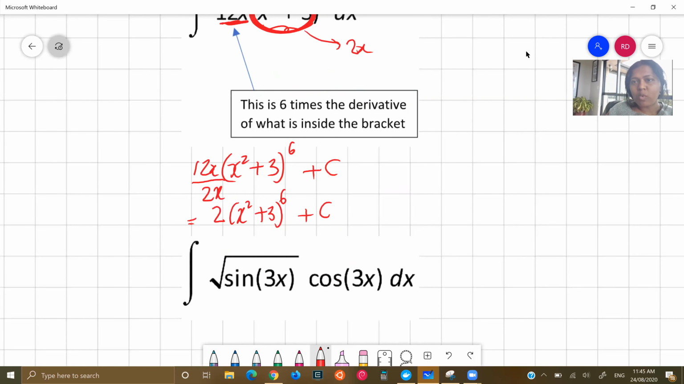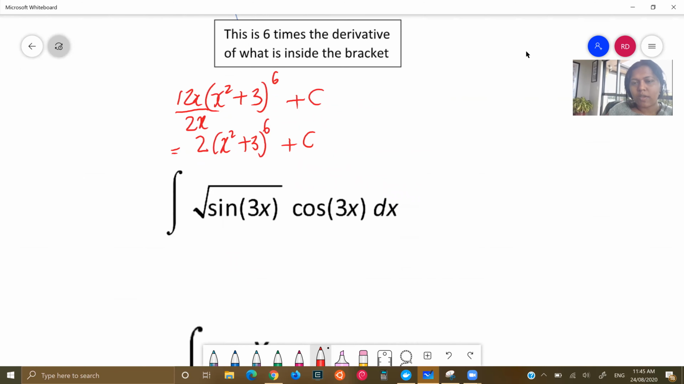Now, we'll do one more example, and it's again in a similar vein. So if you have a look at this, I'm going to first write it in power form. So every time you see square roots,